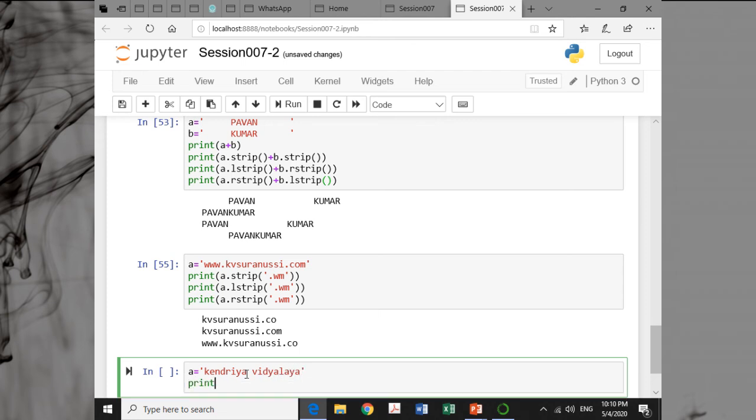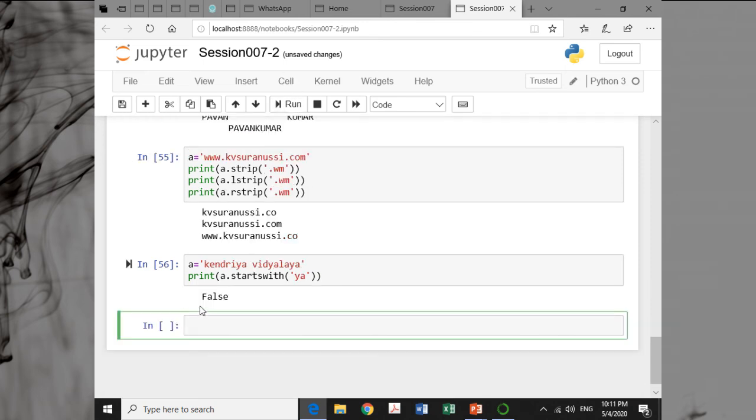Now if we say print a dot startswith, say I want to check whether it starts with YA. Of course, the answer will be false, because this string starts with K of Kendriya. It is not starting with YA or Y.